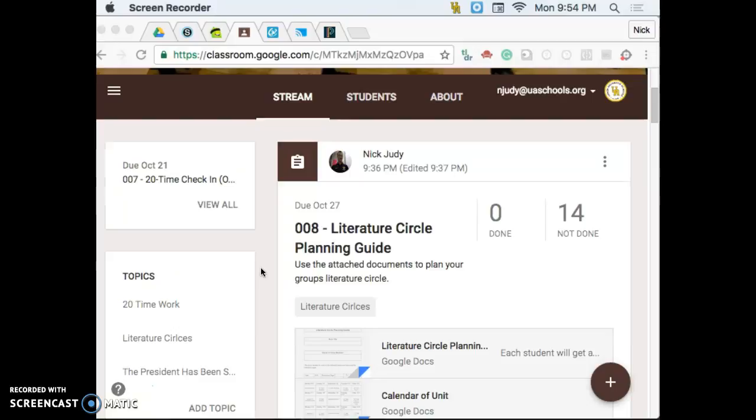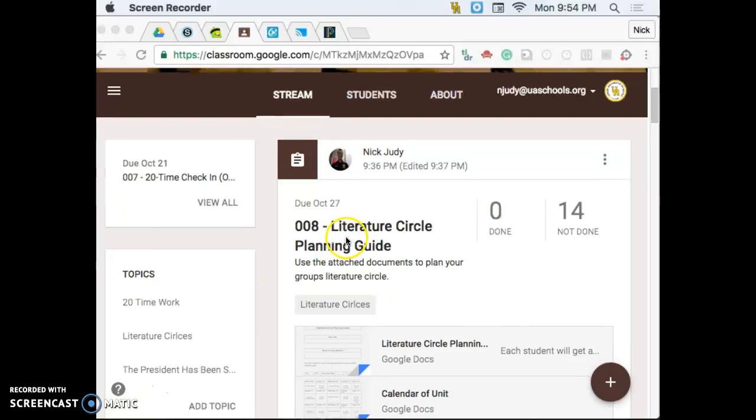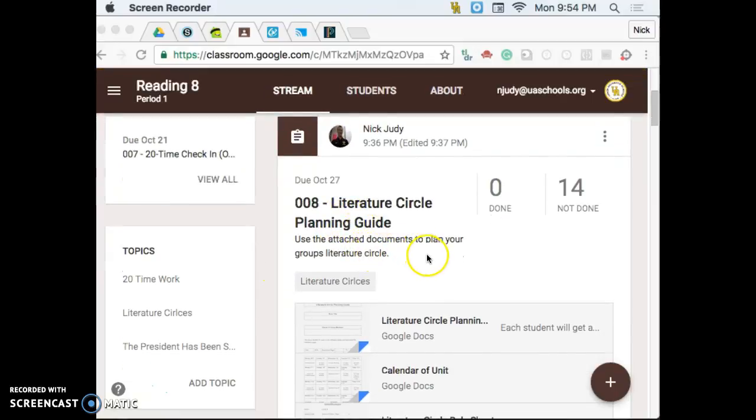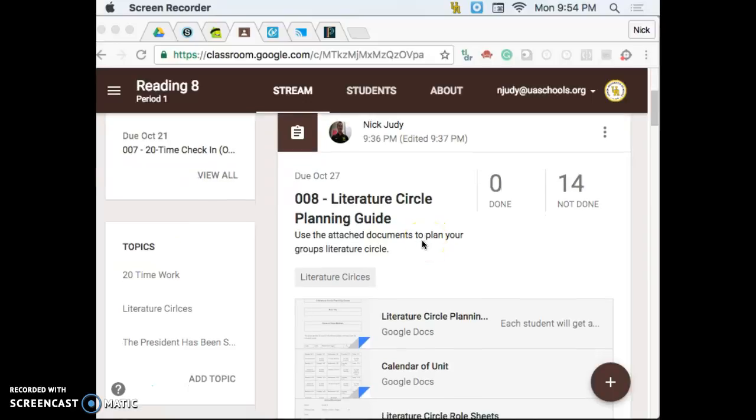Now, we discussed at one point possibly having each group do their own day of literature circles. Due to some changes I've made in the plan, that's not exactly how it's going to work. So first I'm going to take you through our calendar of events. First off, you know that we are on Google Classroom. This document is located there for you, and you can use it to view it anytime you need to.